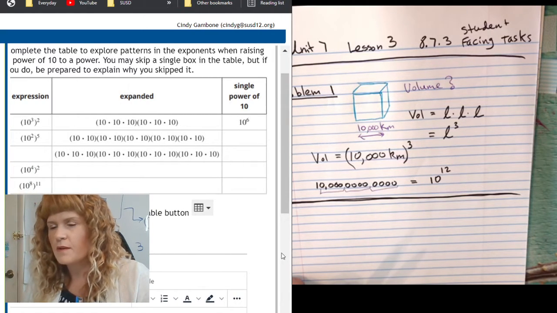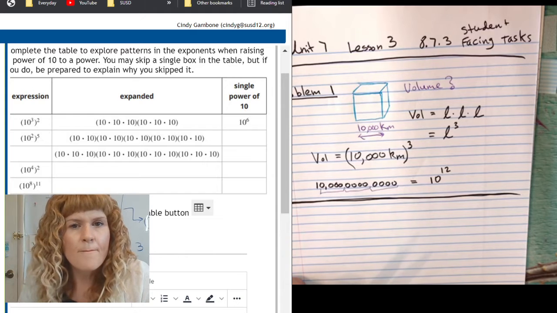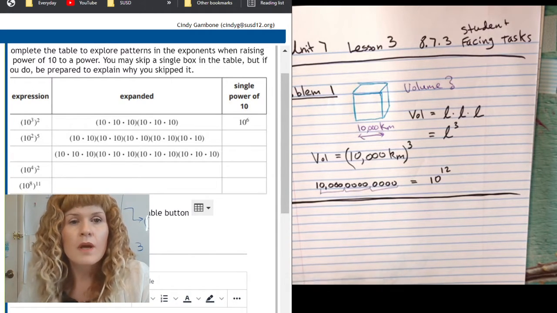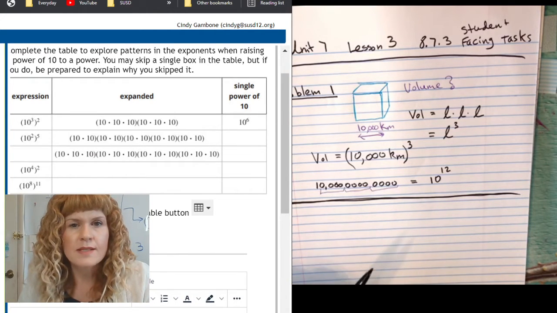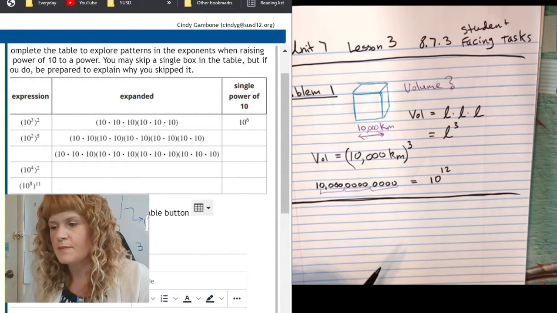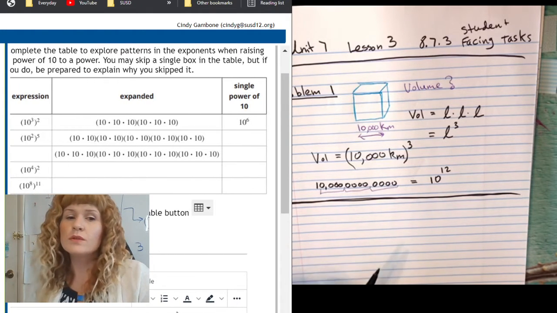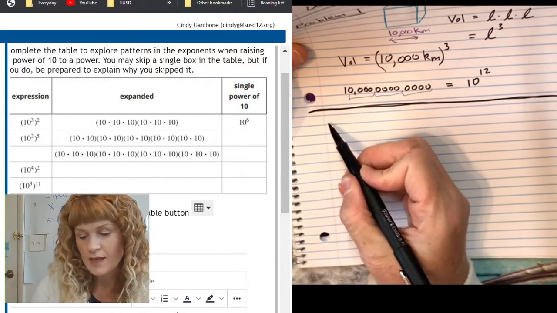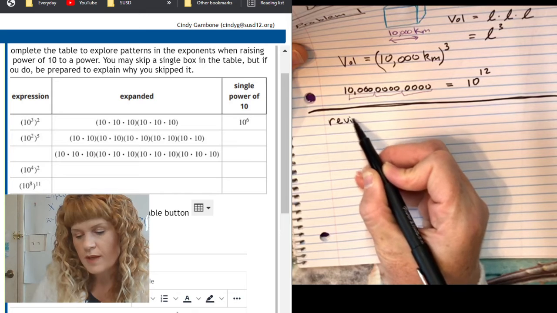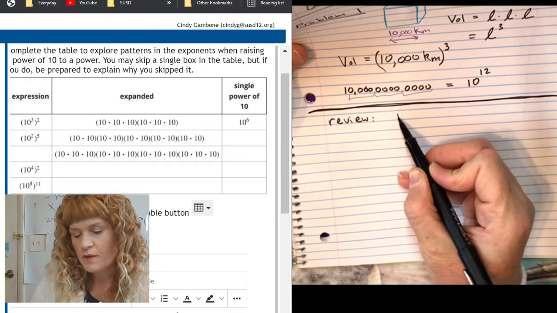I want to make it fit. There we go. When raising a power of 10 to a power. You may skip a single box in the table, but if you do, be prepared to explain why you skipped it. Hold on. Before we do this, we're going to need a review of powers of 10. So in your notes, go ahead and write that down. Review